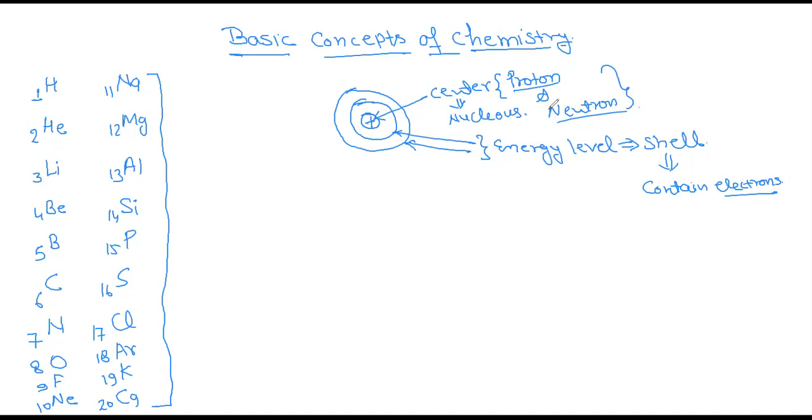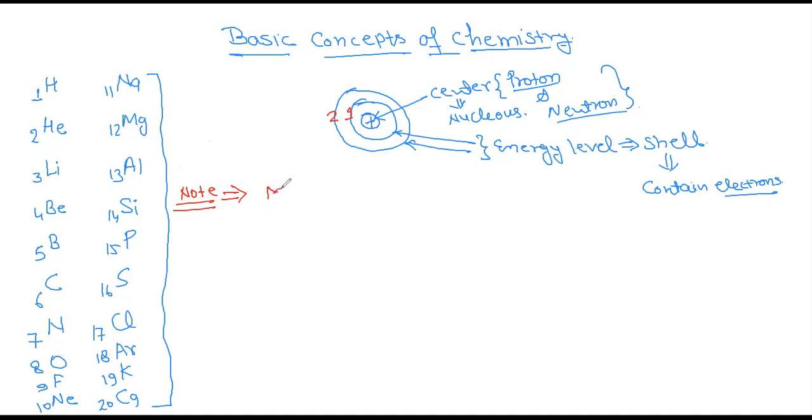Now I'm going to tell you, whenever we discuss the electronic configuration of any element, how many electrons are present in the first shell, how many in the second shell. This is shell number 1, this is shell number 2, and so on. How can we determine this? For that, just learn one thing. Note this point, everyone; it is important for all classes.